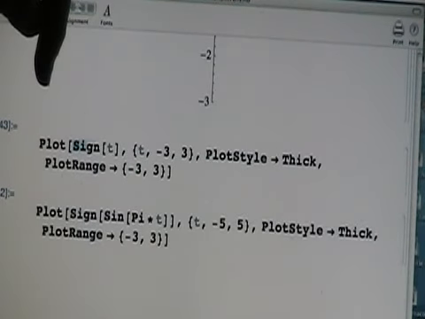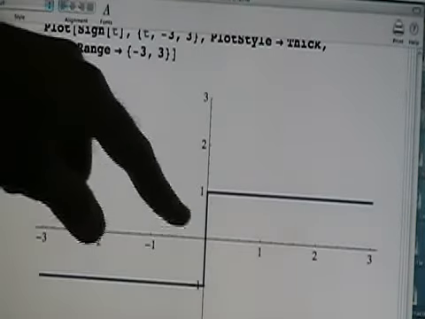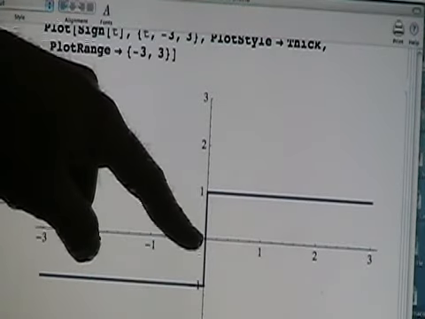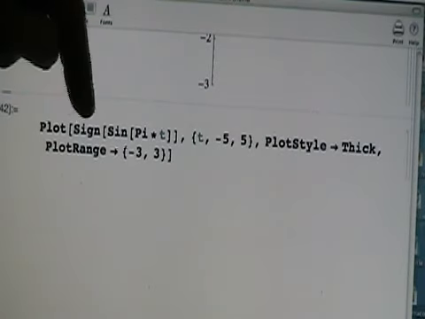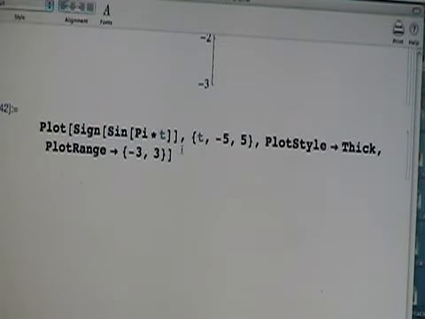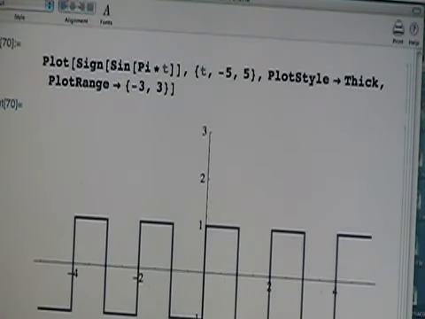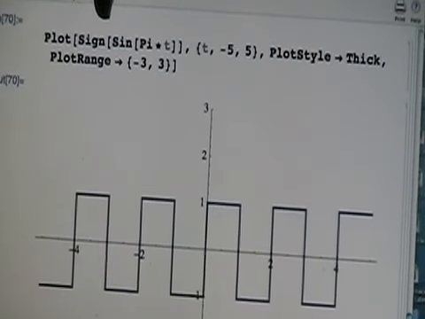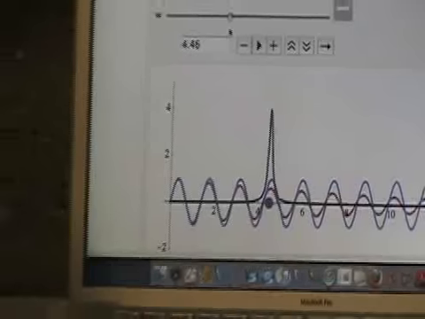And the function sign of t is interesting. It's got a jump like this, and actually this is inaccurate. It doesn't have a vertical line there. It actually has a value of 0 when t is 0. If you combine this with a sine function, you can get a square wave. Sign has a value of +1 if the input is positive, has a value of -1 if the input is negative, and has a value of 0 when the input is equal to 0. So I'm combining sine with sign, and that's the end of this video. Similar, though,